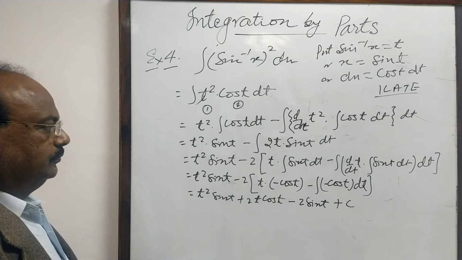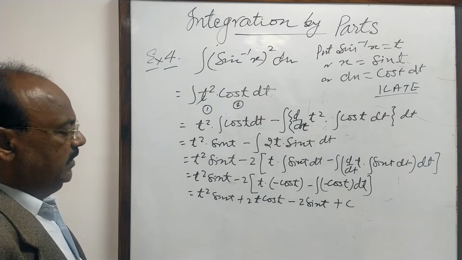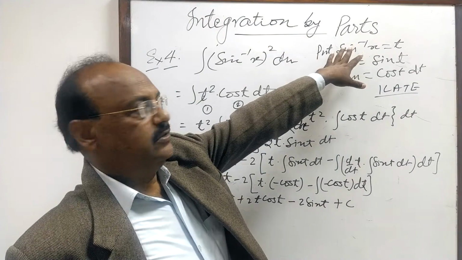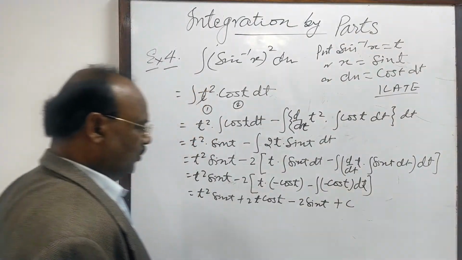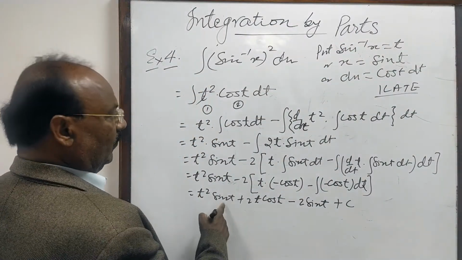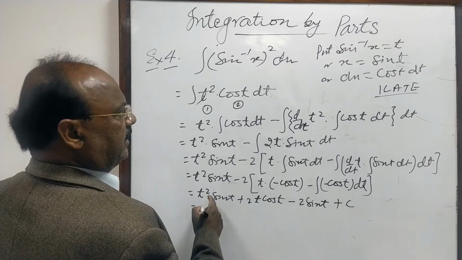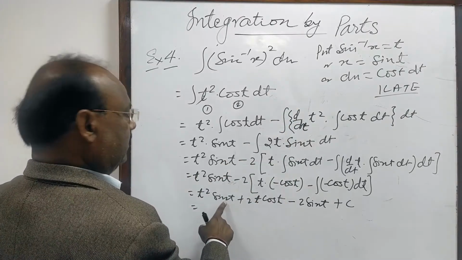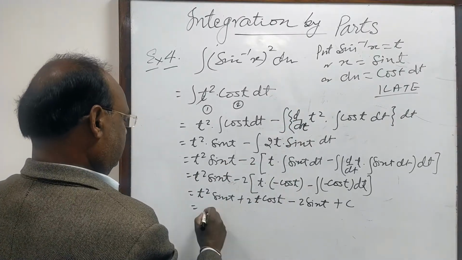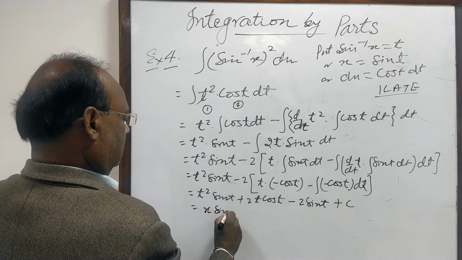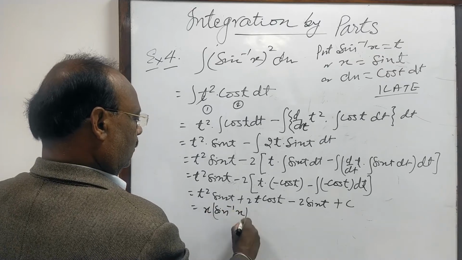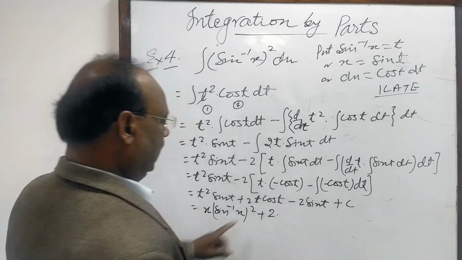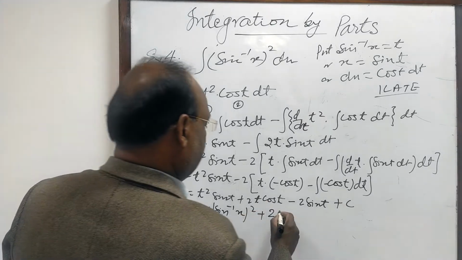Now simply we have to replace t with the corresponding value sine inverse x. So here we can write t square means sine inverse x whole square, and sine t means x. So x sine inverse x whole square plus 2, here t is sine inverse x,